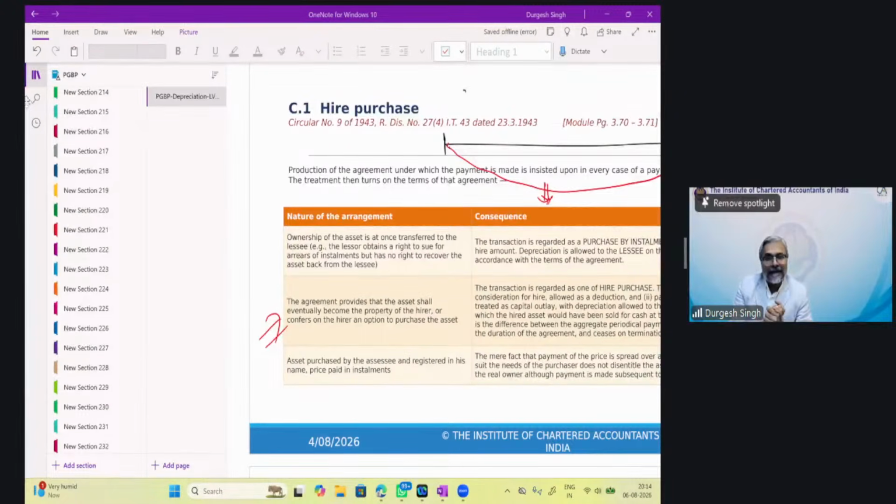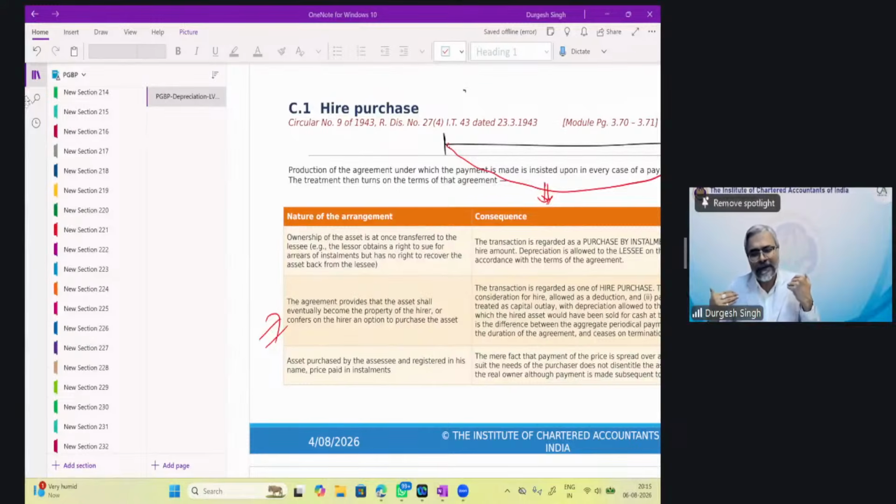And that exactly is the game, friends. Fine. So this is how things have to be looked upon. I hope now all of you are clear with the concept of ownership. In hire purchase, friends, exactly what is hire purchase? Think fundamentally. Take away the taxation part. Hire purchase is nothing but a sale agreement. Just that